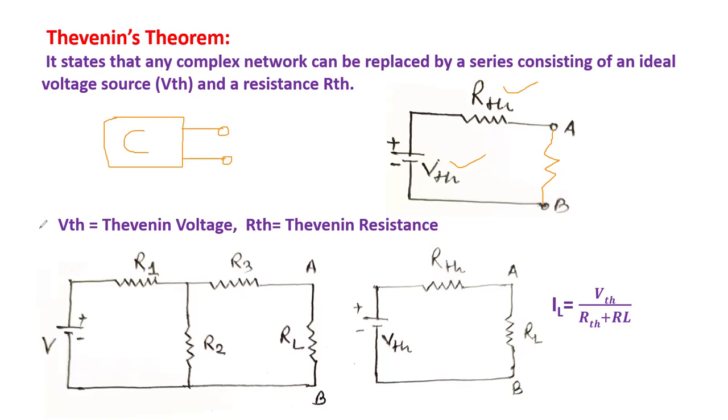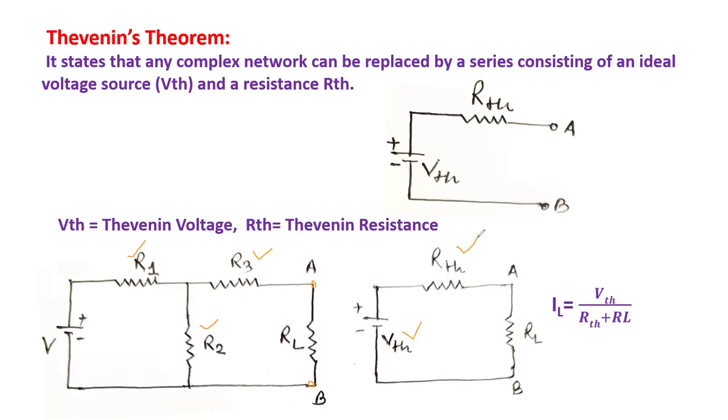Suppose we have one circuit. This is one complex network. We are still looking at this one. See, this is the voltage source V, resistance R1, resistance R2, resistance R3, and to the points A and B, in between that we connected one resistor that is called the load resistance RL. So we consider this the complex circuit, and this complex circuit can be replaced by a voltage source in series